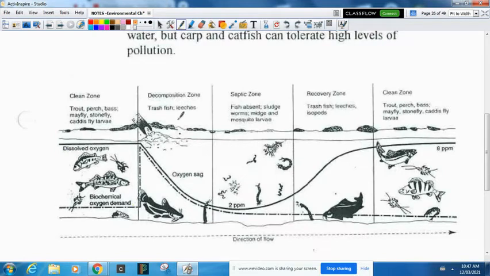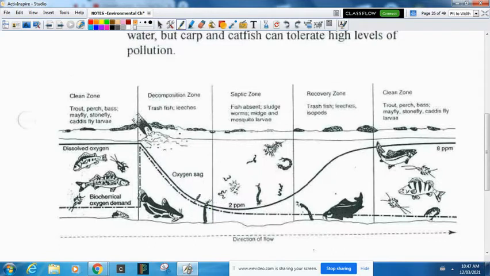And then what happens in this area here, they're dumping raw sewage in here. So there's lots of stuff for bacteria to break down, so they use up oxygen. The oxygen level drops and the demand for oxygen skyrockets because bacteria use a lot of oxygen as they decompose. Fish don't use a lot of oxygen on a grand scale. Okay, and so you can see then the demand goes up,